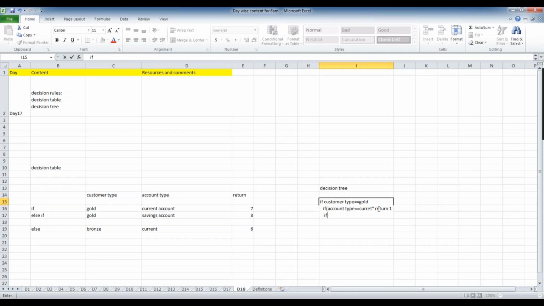We can write one more condition like this: if account type equal to savings, return 2. So here you can see it is very flexible. I am not repeating the condition customer type gold again. Within the if condition customer type gold, I am writing any number of conditions.